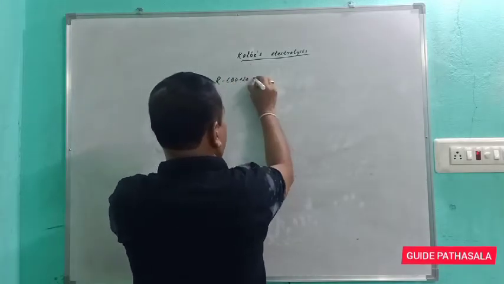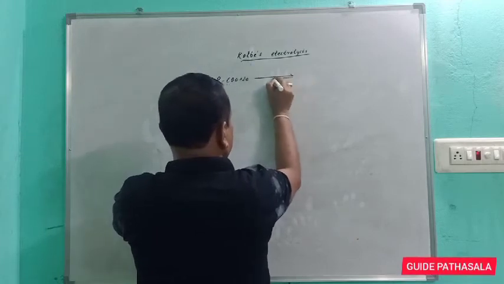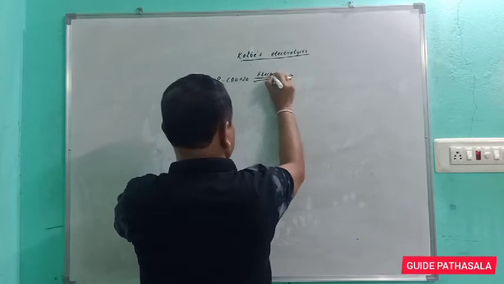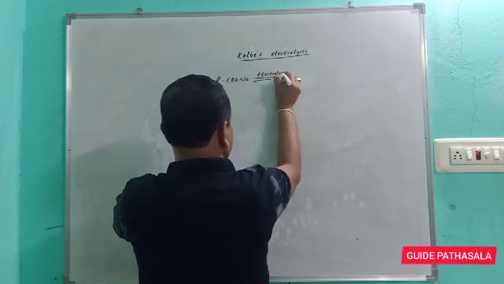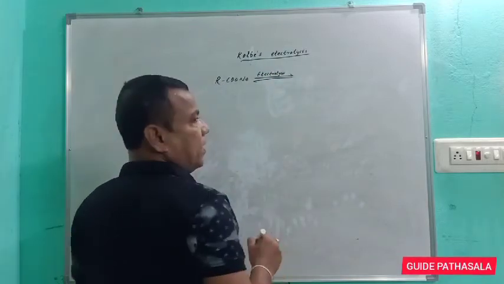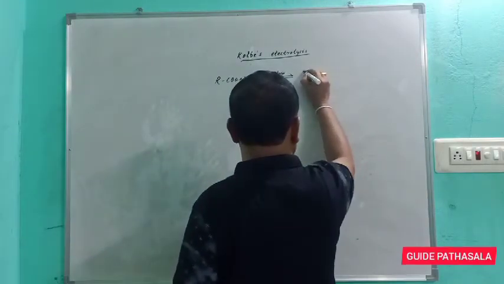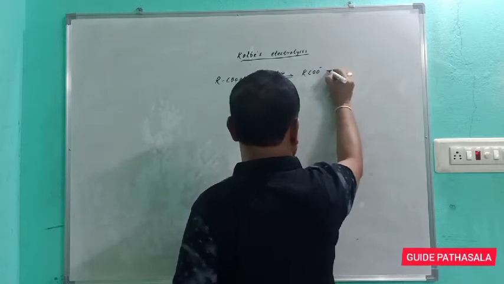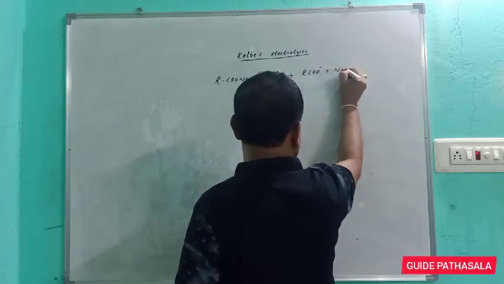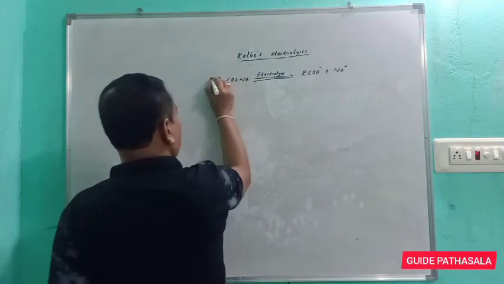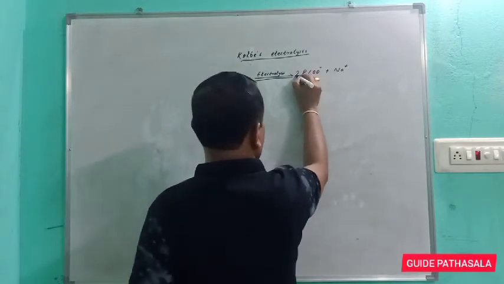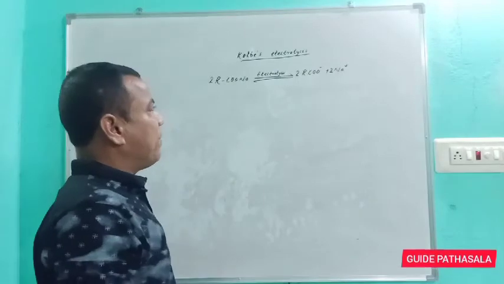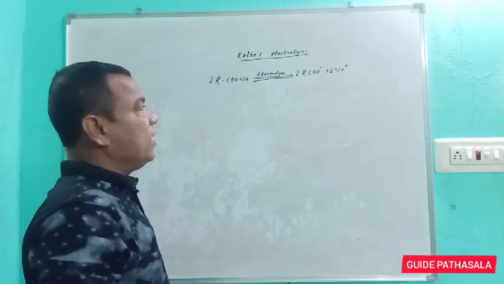When sodium salt of carboxylic acid is subjected to electrolysis, then it breaks to form its constituent ions: RCOO minus, the carboxylate ion, plus sodium ion. Take two molecules of this form. Then what happens? Electrolysis means